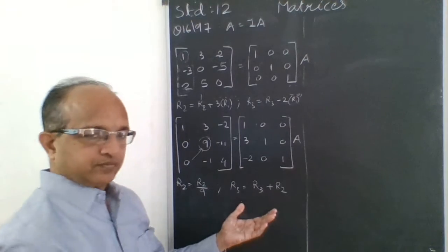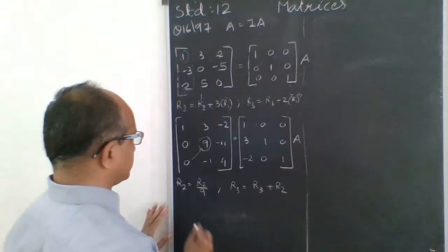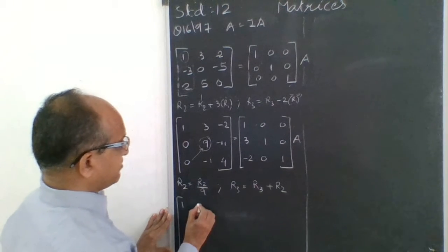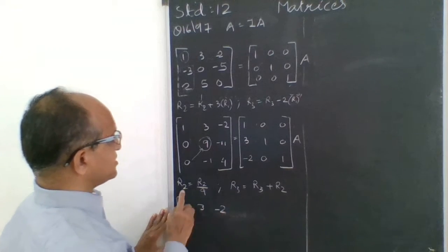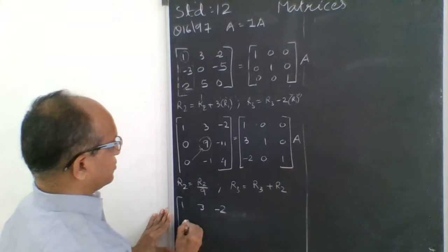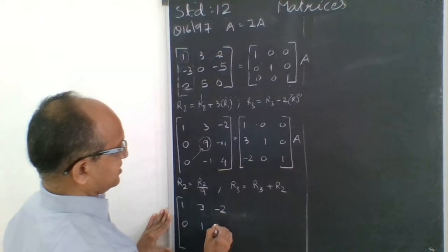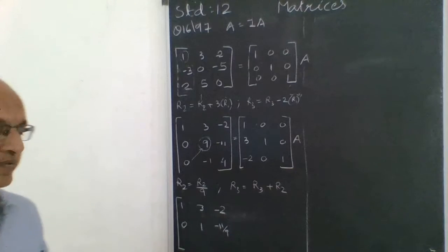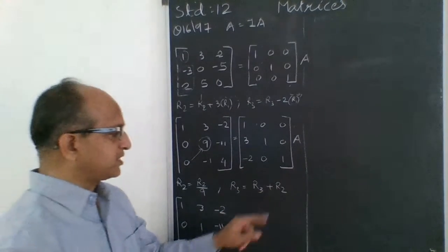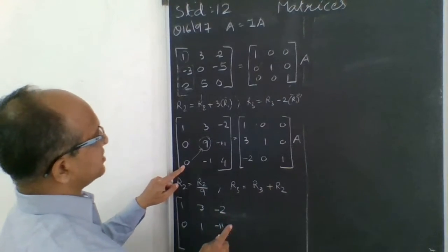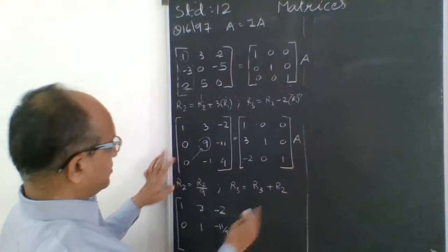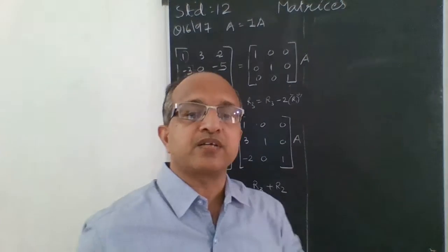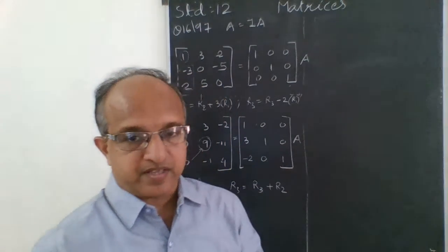So let us do one by one. First let us do this much. So first we are going to divide. First row will remain as it is, as we are not doing any changes. Then here 0, 9 upon 9, 1. This is minus 11 upon 9, right? This is done. Then let us do this. R3 is what? 0. 0 plus R2, 0. So always remember, if we have already got 1 or 0, then it should not get changed. Keep that in mind.